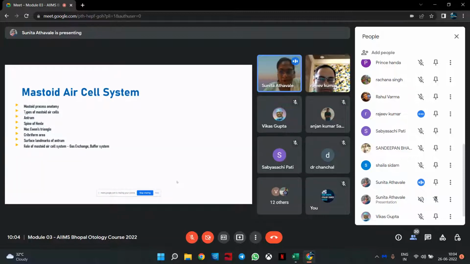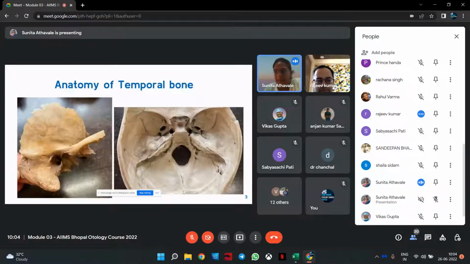So we'll be talking about the mastoid process, mastoid air cell systems, and the antrum and the adjoining areas, and then we'll be moving on to the mucosal folds. So let us initially recollect the anatomy of temporal bone, and here we have the temporal bone,